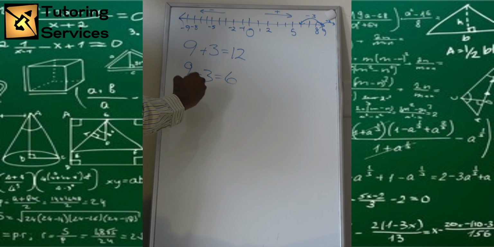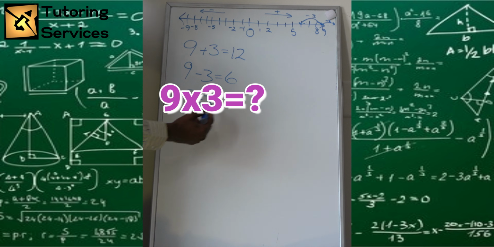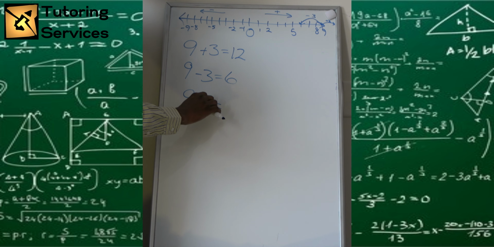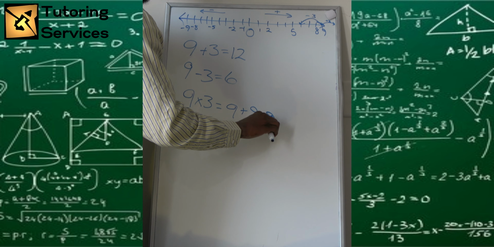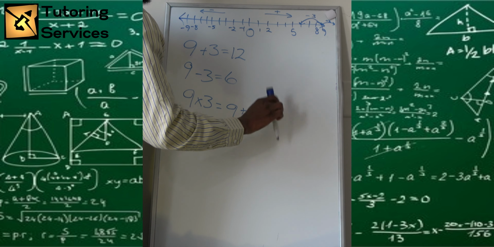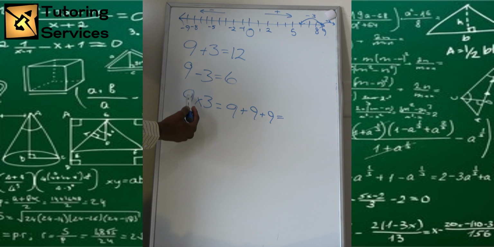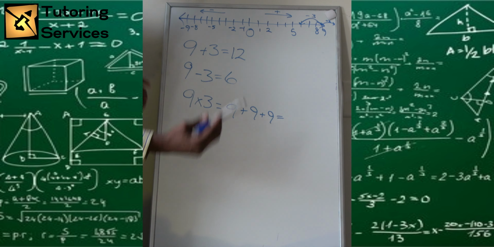Now let's do multiplication. 9 times 3. Well, 9 times 3, as we learned from our past multiplication problems, is the same thing as saying 9 plus 9 plus 9. Sorry about that. Right? Because it's 9 times 3. It's 9 three times. If you add them up, I'll just give y'all the answer, but y'all can always